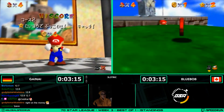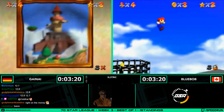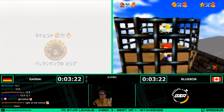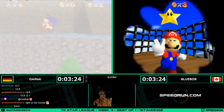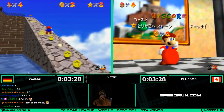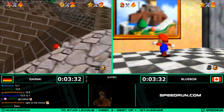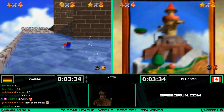So what you're seeing now is just how consistent these guys have gotten over the course of grinding this stage. And of course, a couple of typically more conservative strats than you'd normally see. I doubt we'll be seeing a pro 100 coin cycle from these players, but we'll have to see what they start going for here. Gainai trying to go up and take care of Owless, but managing to get clipped onto